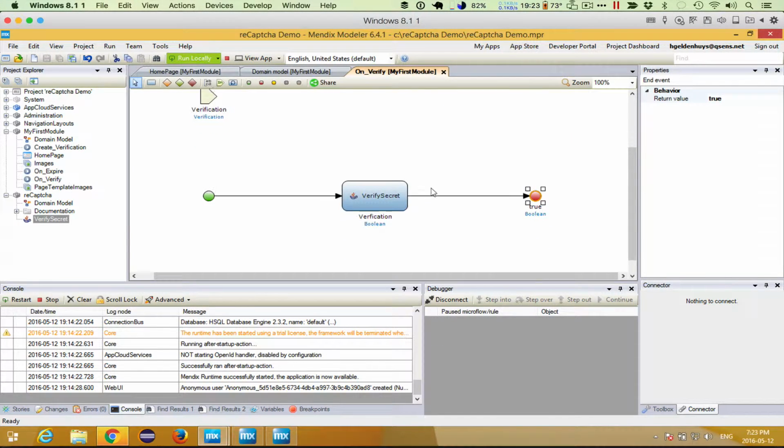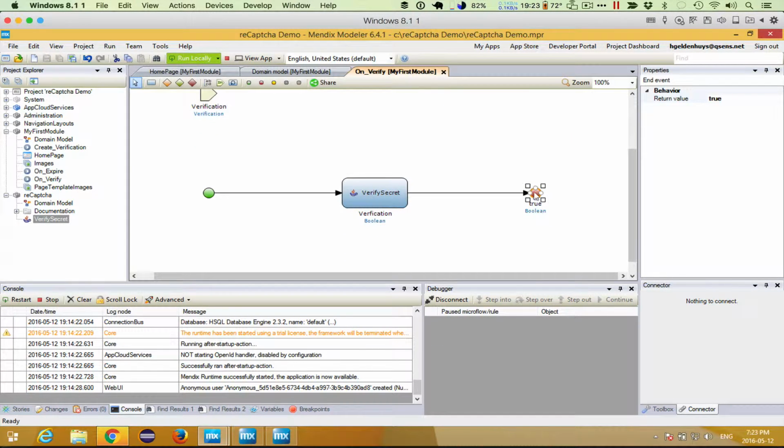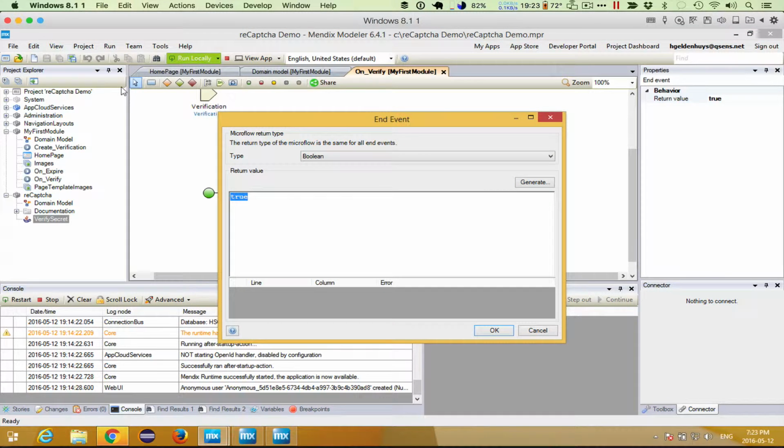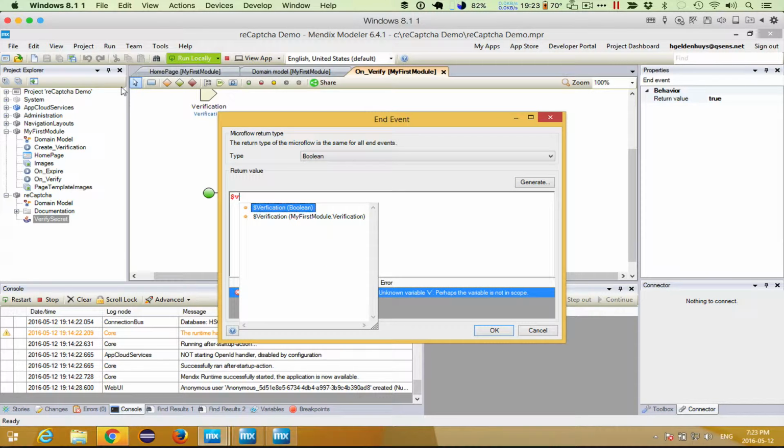And this microflow needs to return a boolean with the valid verification flag. If it was false, it will trigger a refresh on the UI that will prompt the user to